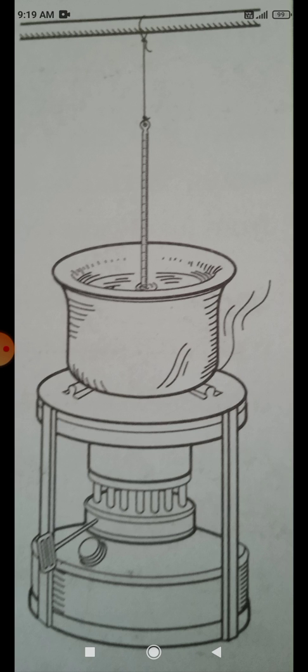When water is heated for some time, the water continues to receive more heat, but at a particular point its temperature does not rise further. Okay, at a particular point its temperature does not rise further. So note that point. That point is known as the boiling point of water. From that point the water boils and the temperature becomes stable.